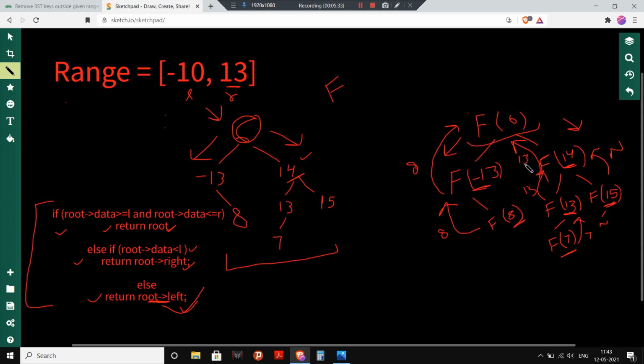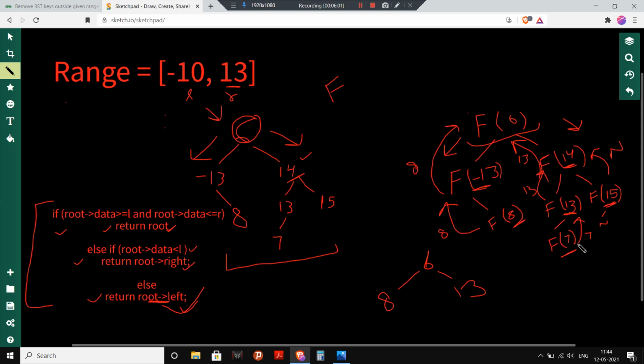Now what will my tree look like? My resultant tree will have 6, then 8 here, then 13 here, and here it has returned the null node.